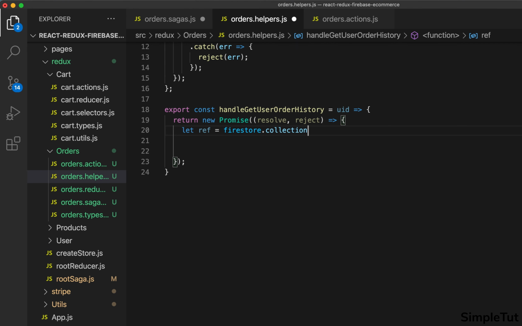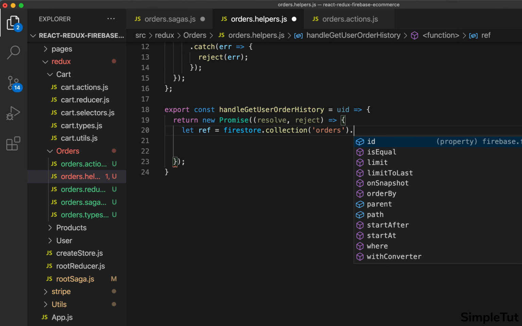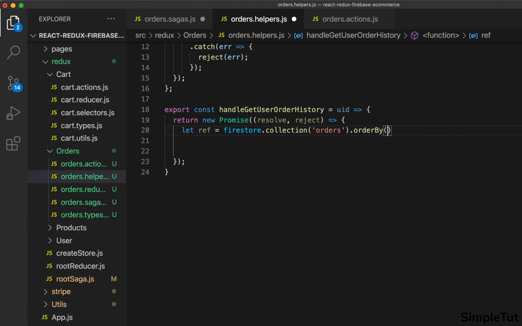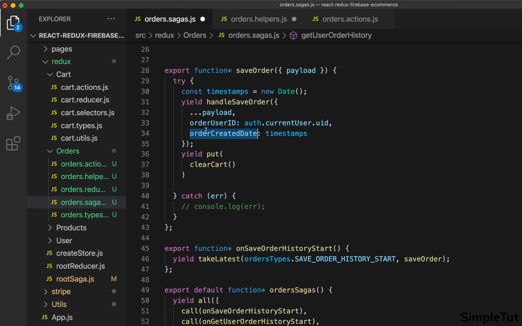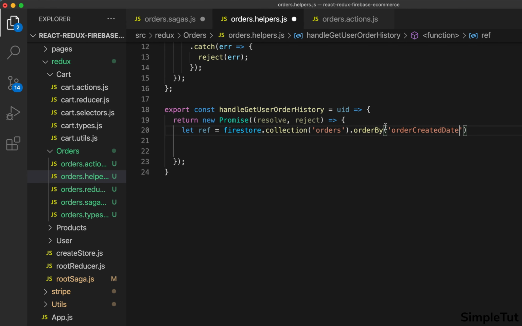We're going to target the collection, our orders collection. So we'll say orders. And we also want to chain on order by. And if I come back over here to my Sagas and I look at my save order generator function here, you'll see that we have order created date. And this is what we want to order our order history on. But what we're going to do here is we're going to add on a condition right